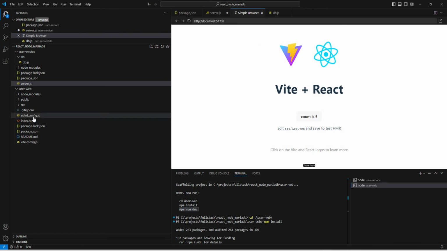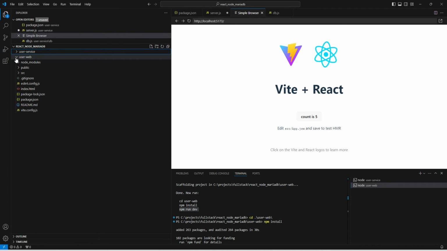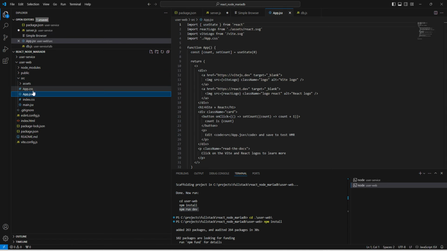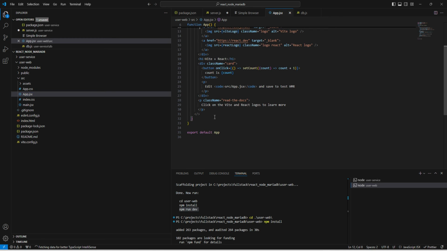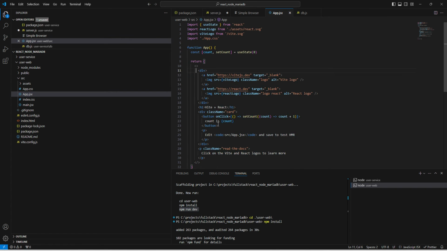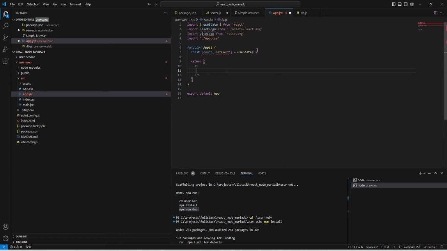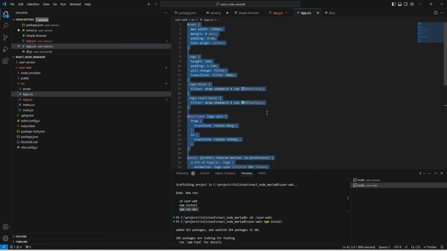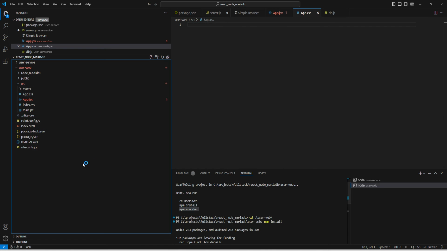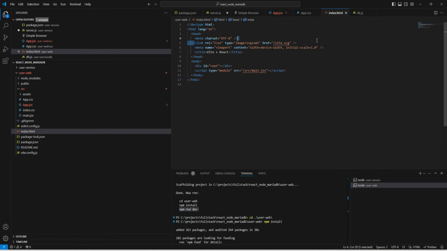Now let us clear the content from this so that we can create our application user interface from scratch. So let me clear everything from this App.jsx first. Remove these unused variables, imports, save it, and we can clear everything from the App.css as well. Next thing, we can go to the index.html. We need to remove this. We can remove this icon as well, and as a title we can say